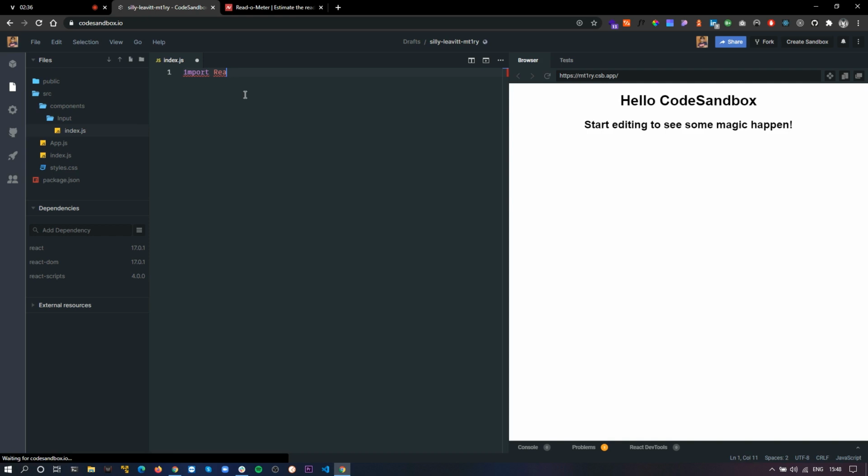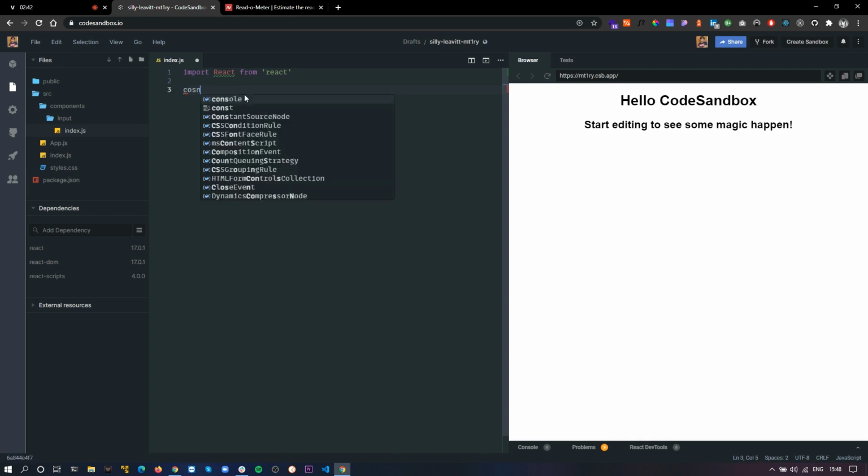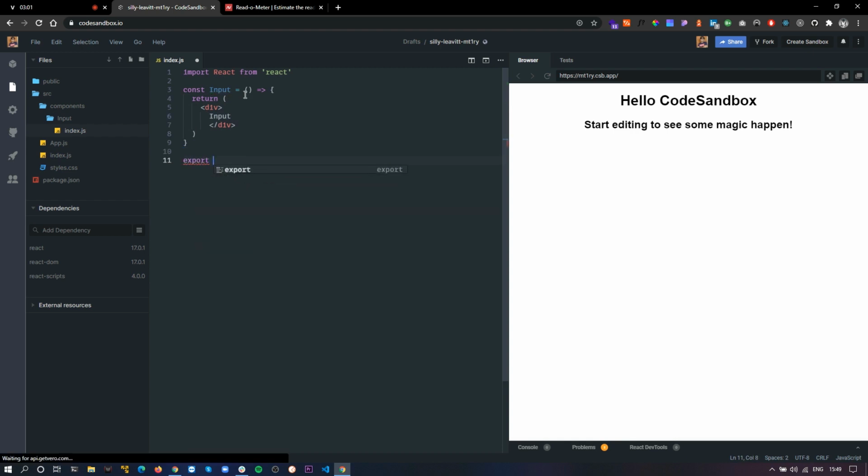First, I'll import React. Then I'll make a functional component, if I can type it correctly. For now, I'll just return a div that says input, just so we can see something on the screen. Then I'll do export default.